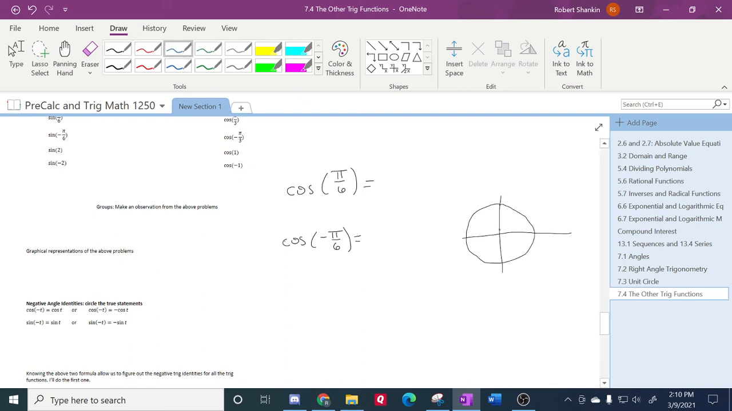Here is pi over 6. Here, you start the same place, but you rotate the opposite direction, negative pi over 6. So whether I land on this green dot or on this blue dot,